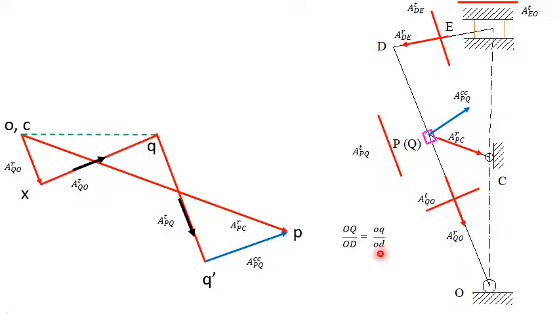So again, I will consider the same ratio: OQ by OD on the configuration diagram should equal OQ by OD on the acceleration diagram. Length OQ is 5.2 centimeter, OD is 8.2 centimeter, and I measured this length OQ on the acceleration diagram and got 3.6 centimeter. So now find the OD length. OD is 5.67 centimeter. Now continue this line till we achieve a length of 5.67 centimeter. So I will extend this line, so the total length becomes 5.67 centimeter, and I will name this point D.